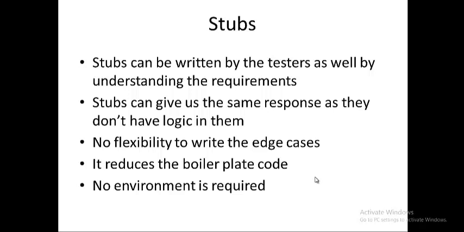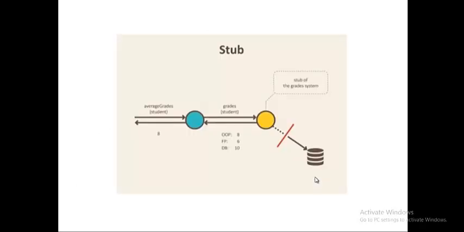And as I told you, stubs are not intelligent systems. They just give the static response every time. If you want to test 10 requirements, it is essential that you have 10 stubs in place. So let's see the figure, how the stub operates. Here also, the average grades, the grade service is invoked. Instead of connecting to the DB, I'm connecting to a stub which has the grade system, and it fetches based upon the category. If the marks are above 80 it gives grade A.